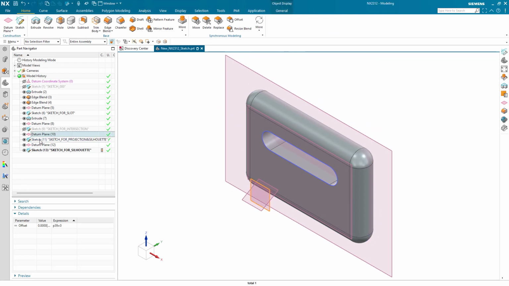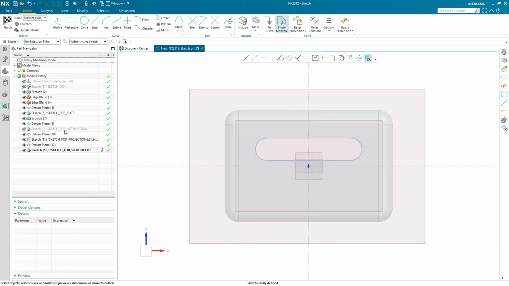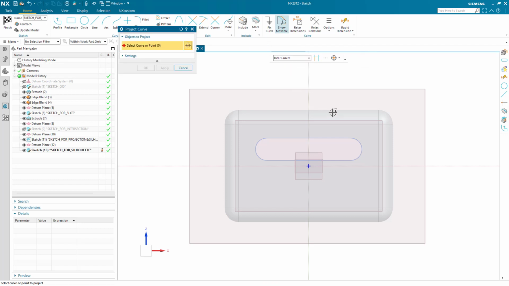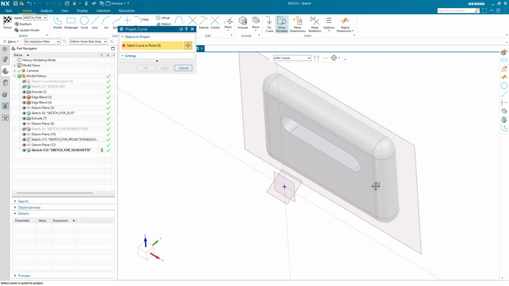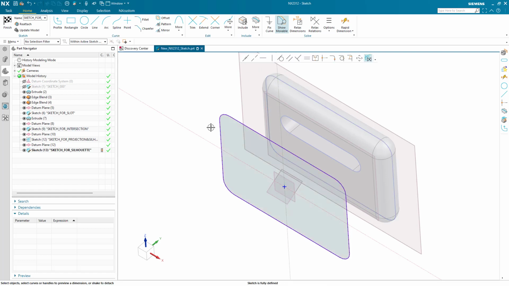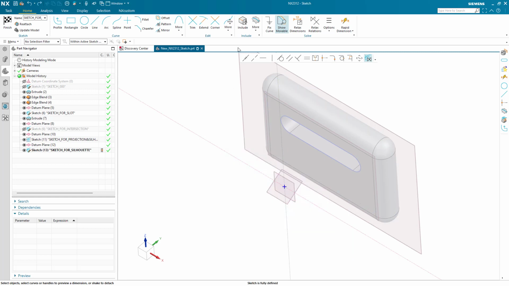So I'm just going to show the projected curve that people might have used in the past. With the projected curve, it actually ends up asking for a curve or a point that you want to project. Sometimes, if you have a full radius like you see here, there's no edge to select to project to another plane. So what do we select? You could always select your intersection curve, or if you use the sketch to define that initial rectangle, you could project that as well, but in some cases, you might not have something to project. So this is where the silhouette curve command can come in handy.